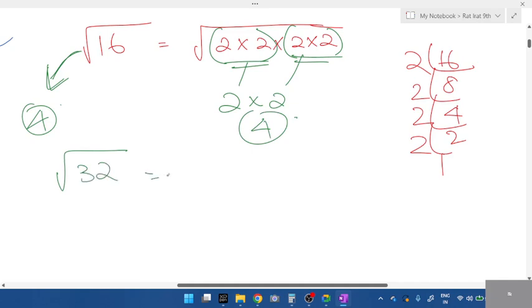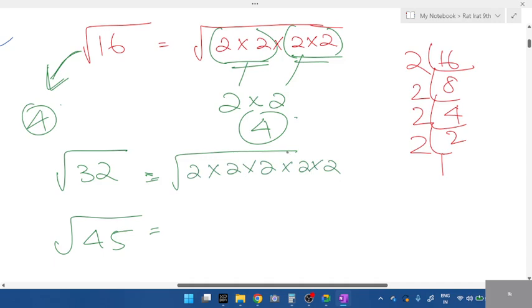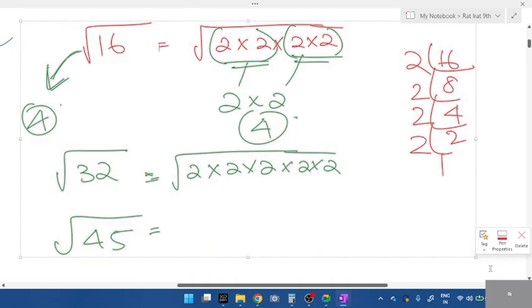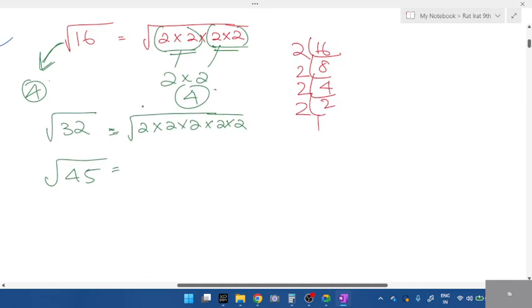Simplify root 32. How many times is 2 multiplied? 5 times? I'll give you an example, and then three questions you have to complete. How many same numbers do I have to pair? Two same numbers. From this, what do I have to take? I take 1, 2 into 2. Which one doesn't have a pair? Keep it in root 2. The answer is